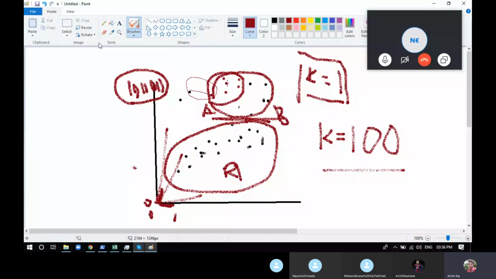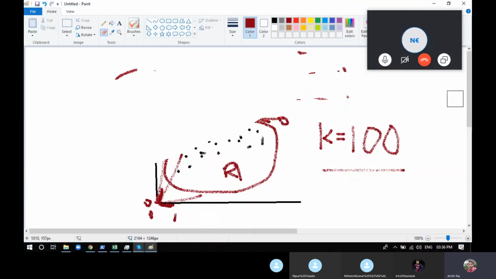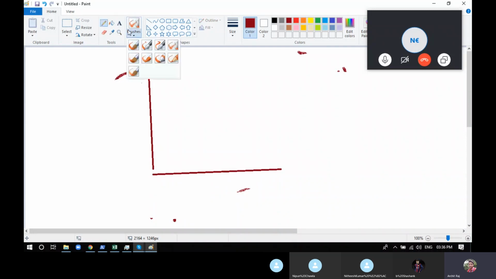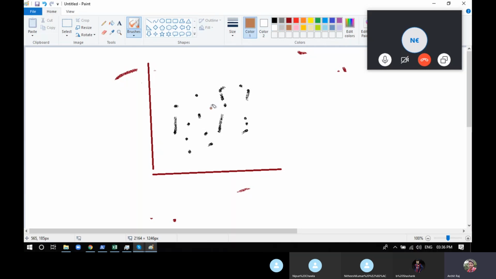The moment you give your data, imagine we have the points. The model is ready to give predictions: you give any random value, and it finds the distance and gives you the answer.